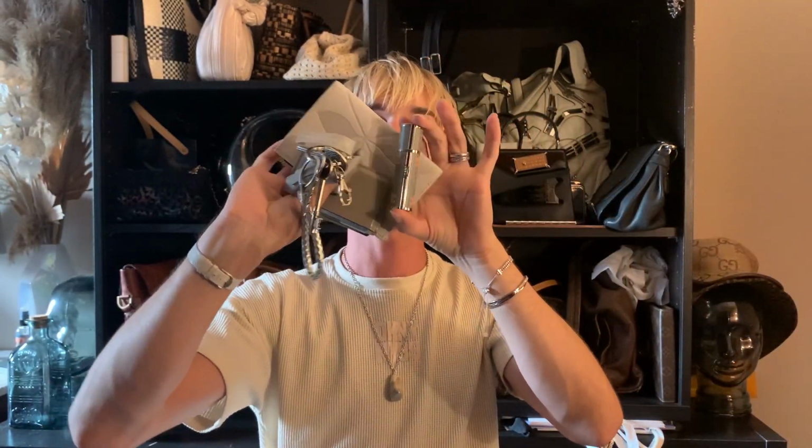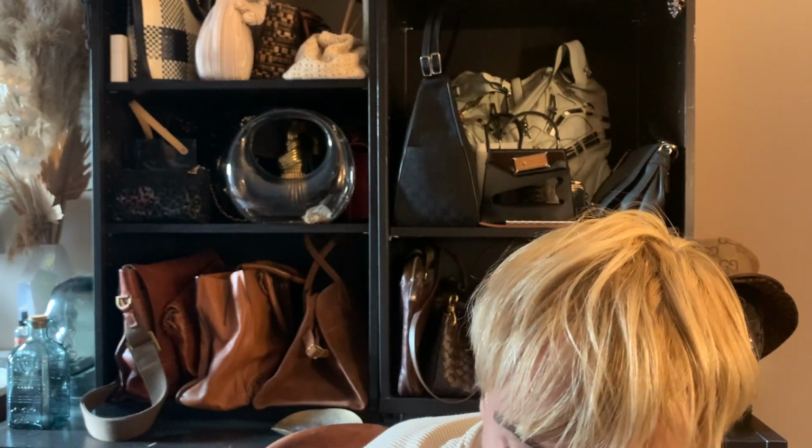Oh, I forgot one. There's also my atomizer, which goes with all the grey stuff as well. So yeah, this is from Creed. You've probably seen this before. I currently still have some Creed perfume in here, but I will refill this with Maison Margiela Untitled soon. I do switch it around sometimes, and I have everything in black as well. So this is again from John Lewis, a black croc leather card holder,